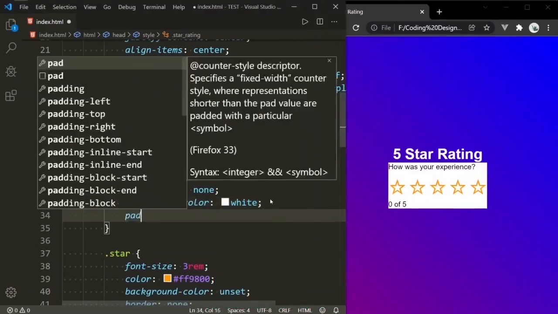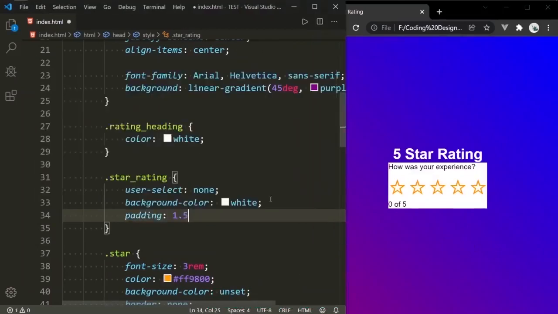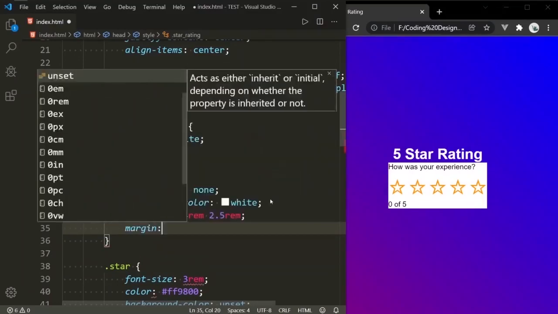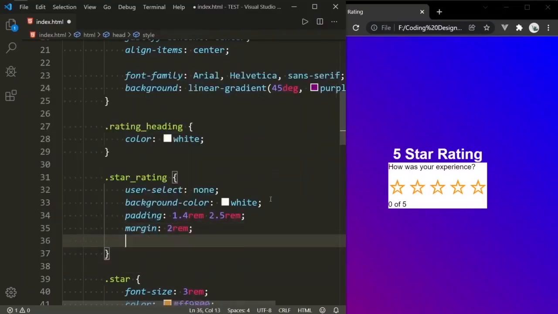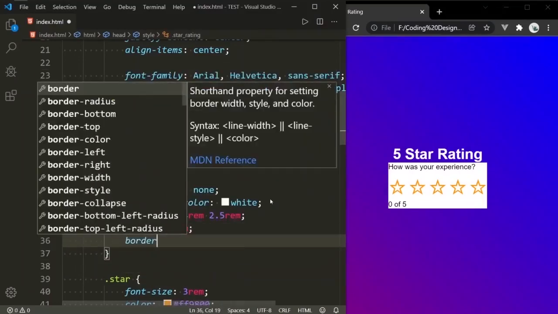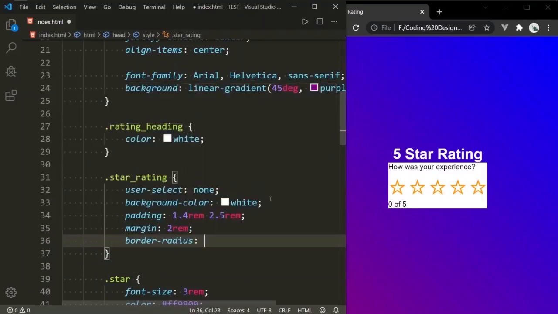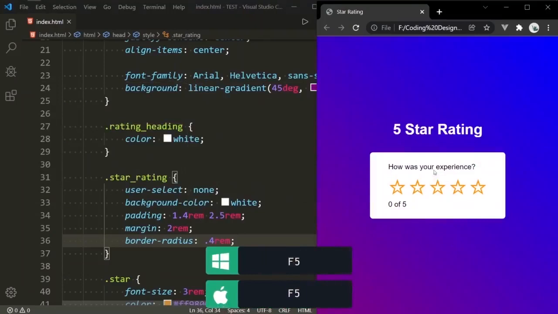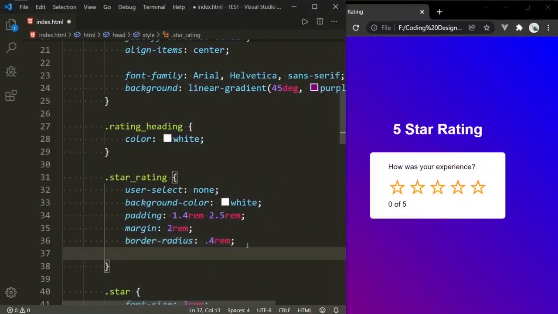And also I want to give padding from top and bottom. I want to give 1.5 rem. No, I want to give 1.4 rem. For left and right I'm giving 2.5 rem. Similarly, let's give a margin of 2 rem. Let's give a border radius of 0.4 rem. If you go back to the browser and refresh, similarly let's align the text to center.